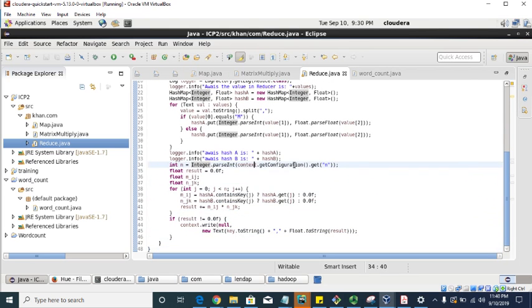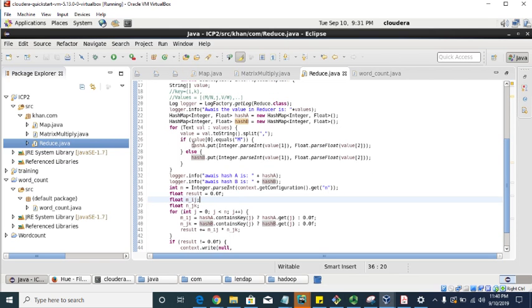So in the reducer we will do that part. As you can see, we are creating a hash map over here,